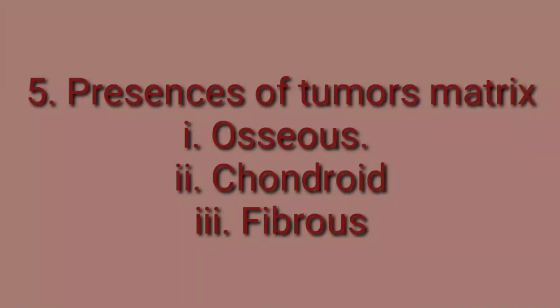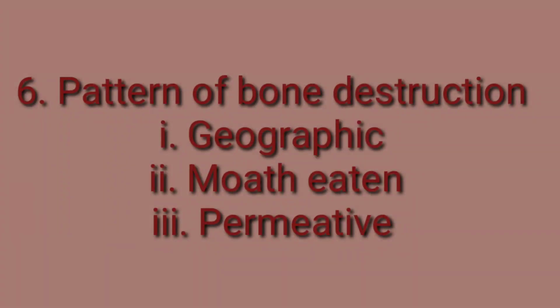seen in fibrous dysplasia. The pattern of bone destruction is another very important feature, which will also denote the aggressive and non-aggressive pattern of bone tumors. So again, these patterns could be of three types: geographical, moth-eaten, and permeative. Geographical bone destruction will appear as a well-defined or map-like structure. It shows a less aggressive pattern, like in GCT and in simple bone cysts, so it will be